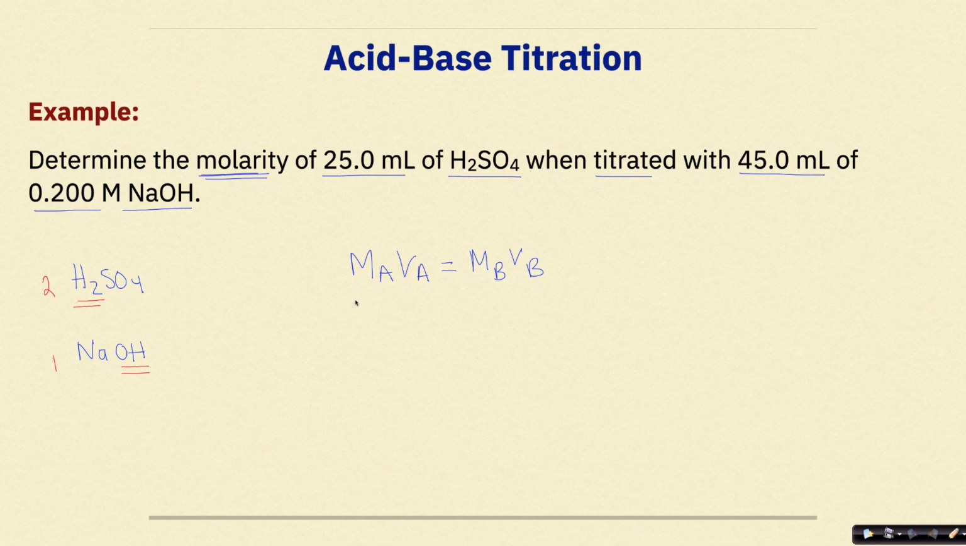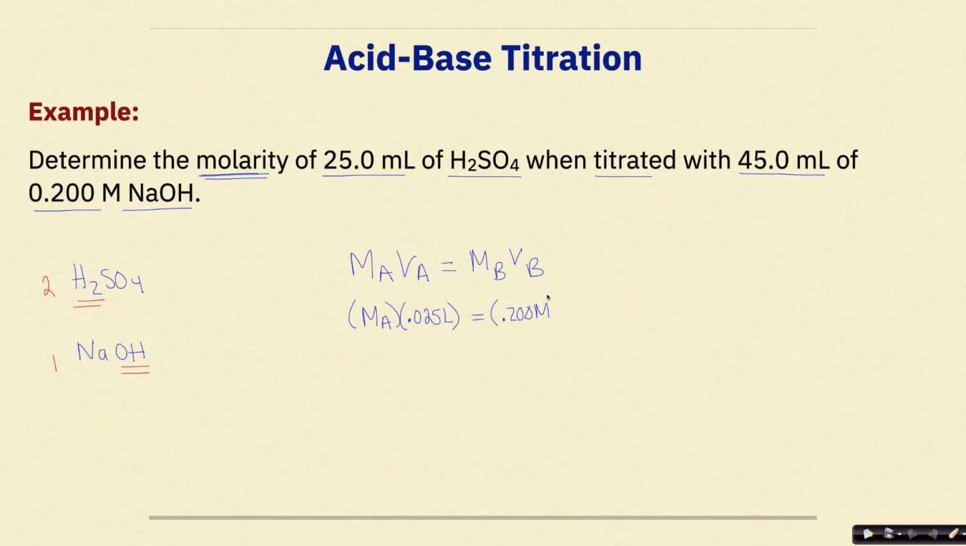All right, so I am looking for Ma. Ma is my unknown. My volume of my acid is 25 milliliters, so I'm going to change that over to 0.025 liters. And then I'm going to keep on going. When titrated with 45 milliliters of 0.2 molar NaOH. So the molarity of my base is going to be